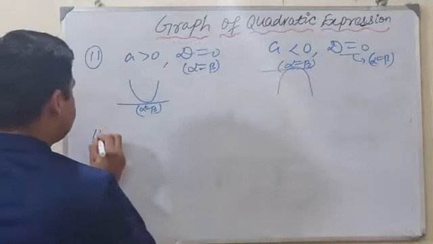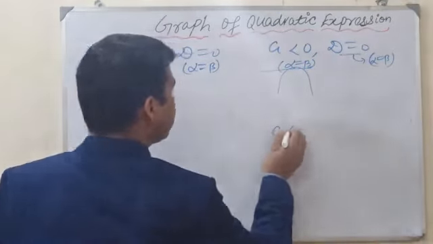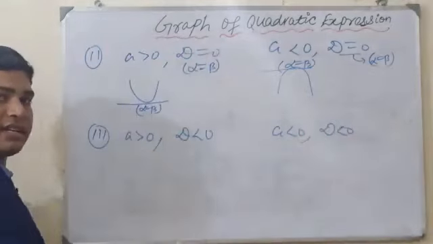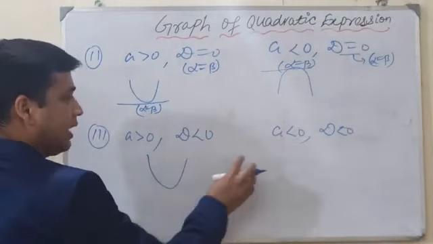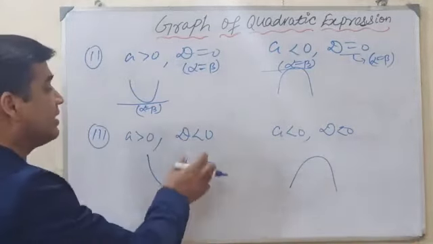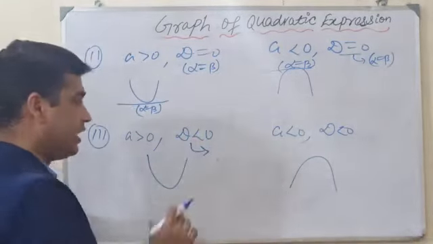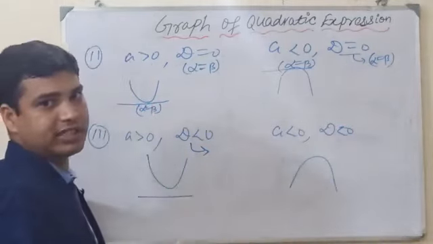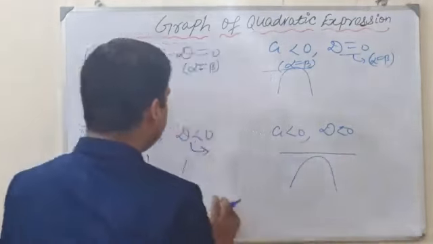Okay, and the third condition is here: a is greater than 0, and here a is less than 0, and d is less than 0. Now see this here, a is greater than 0 and d less than 0. A greater than 0 means upward parabola. A less than 0 means downward parabola. D less than 0 means imaginary roots, so it is not possible here. We can imagine only. It will not exist here, so it will be like this. Same here, d less than 0 means imaginary roots, no real roots. We can imagine only, it is not possible in reality. Okay, so this is the condition.